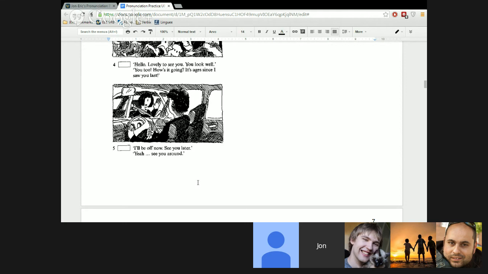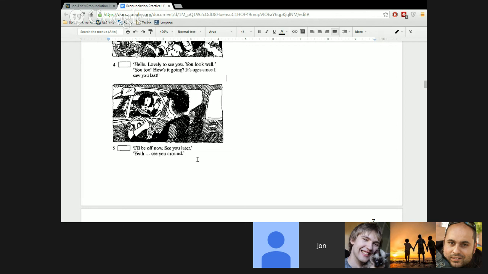So if I slow it down a little, I agree with you that it's a bit flat. I agree, because they don't know each other. So I would say we'll go with your answer because it gets to the point. They're not that familiar with each other. Yeah, see you around. If they were familiar, they'd say, yeah, see you really soon. The voice would go up and down. So I think it's a good way to describe it.